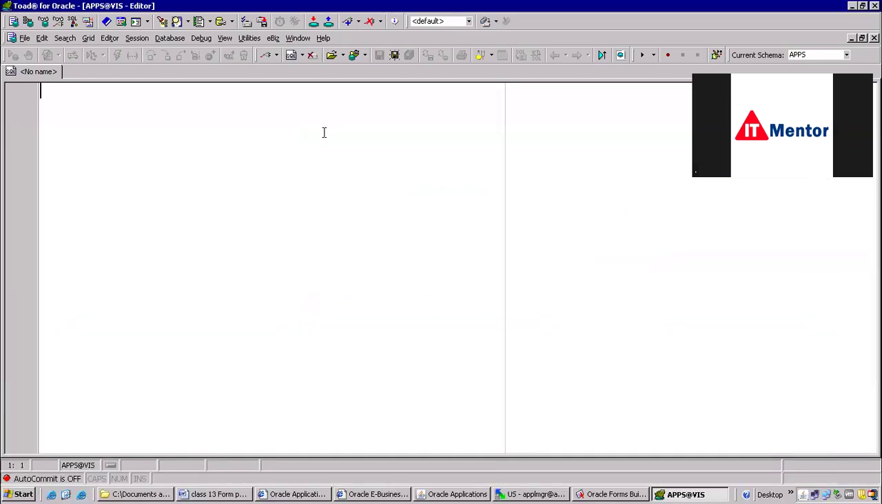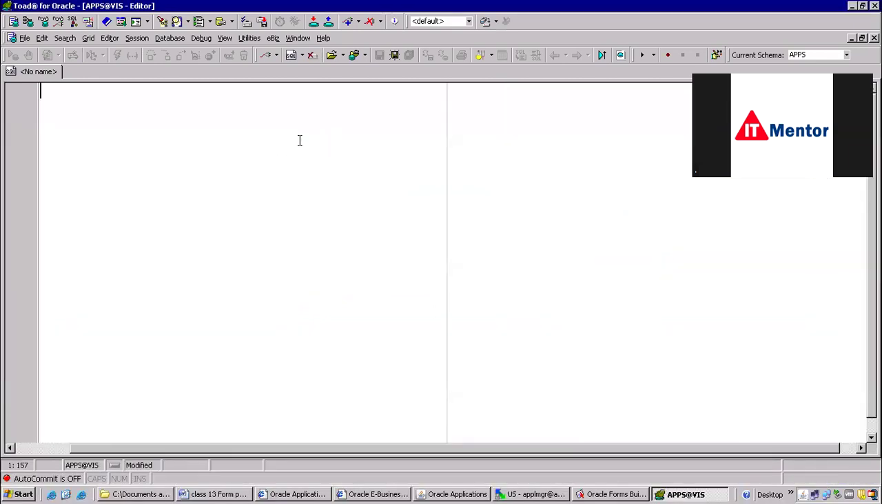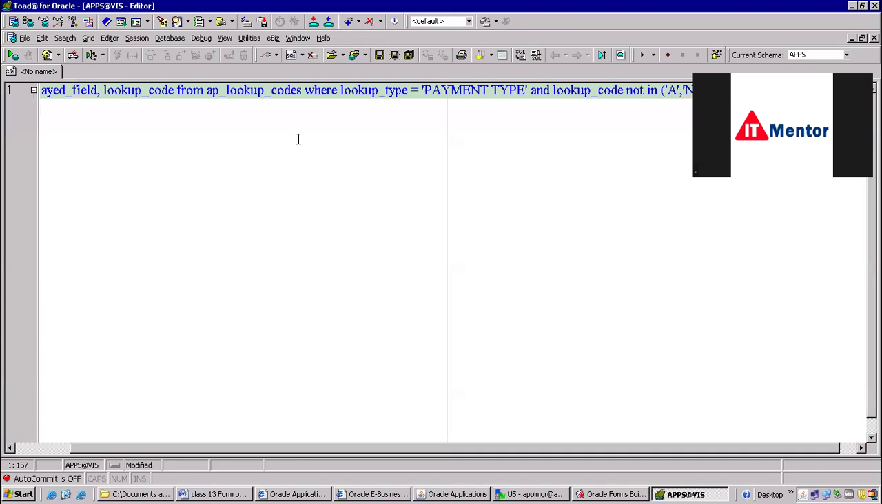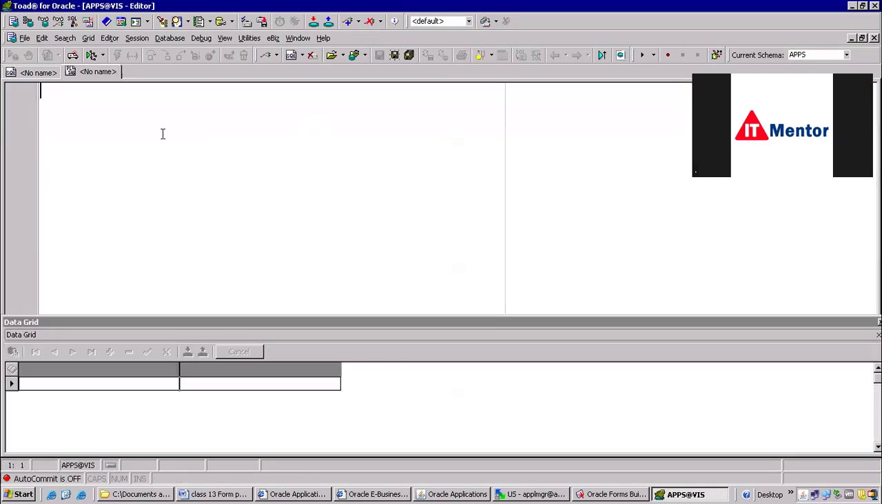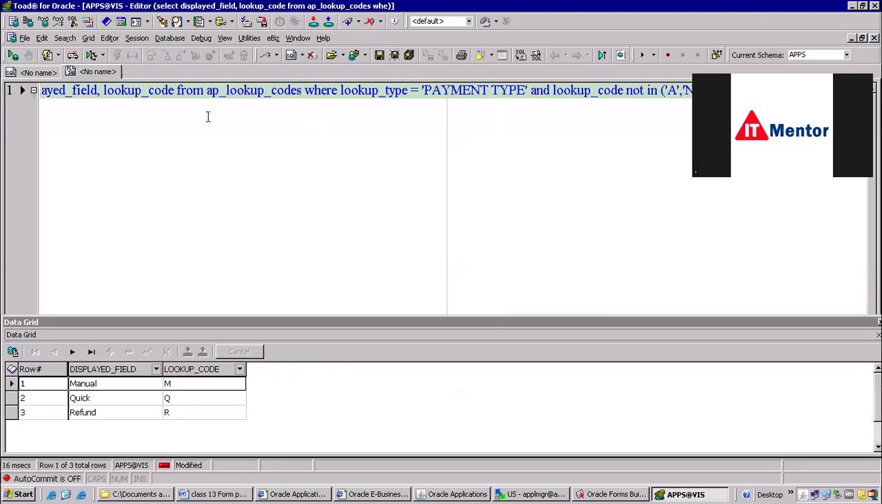Yes, same hierarchy it is. Control enter. Sorry, I don't know why, but if you go with the PLS style, it is coming. Three values. Values are displayed field, correct? Manual, quick, refund. Now, if I remove this